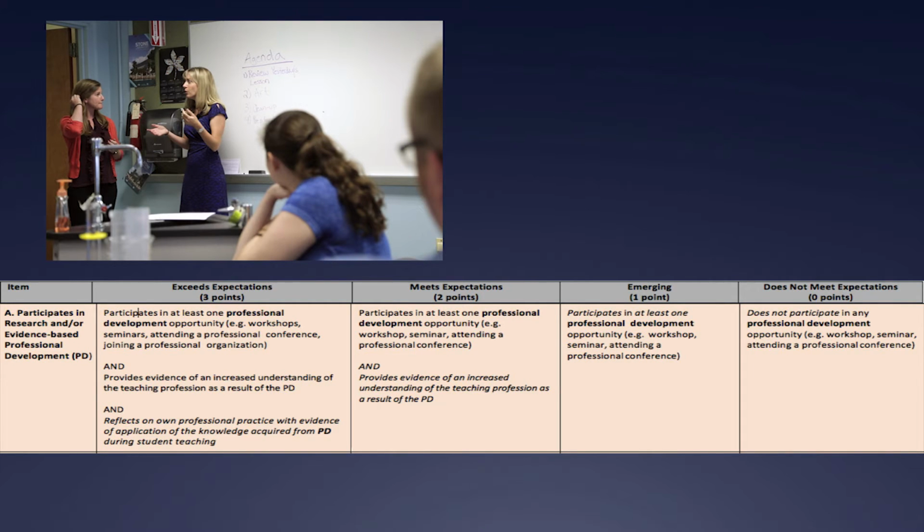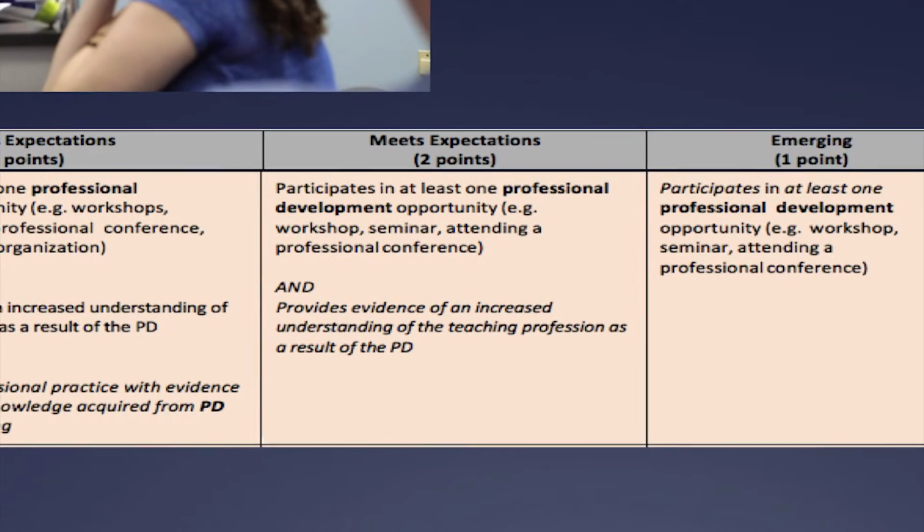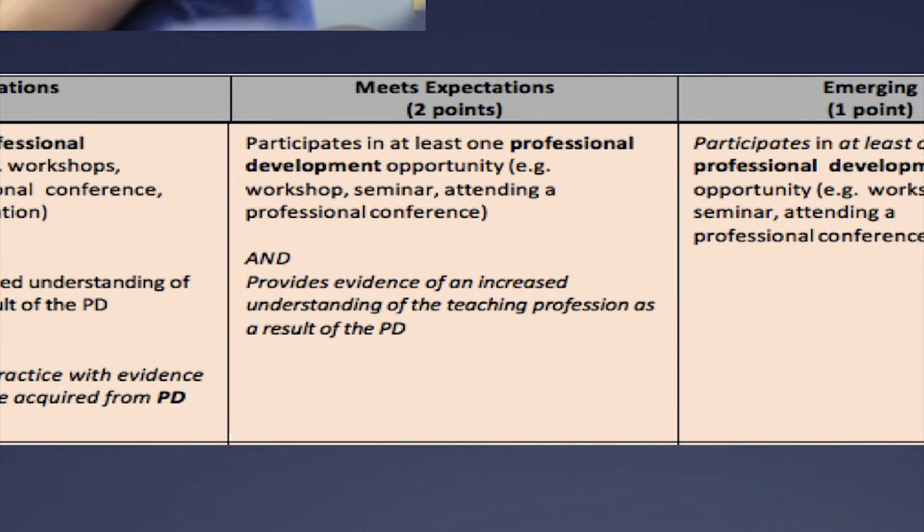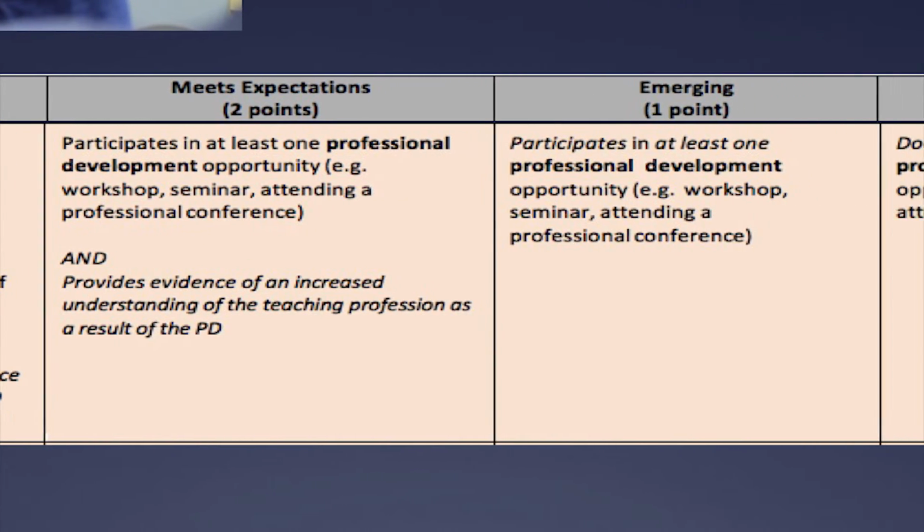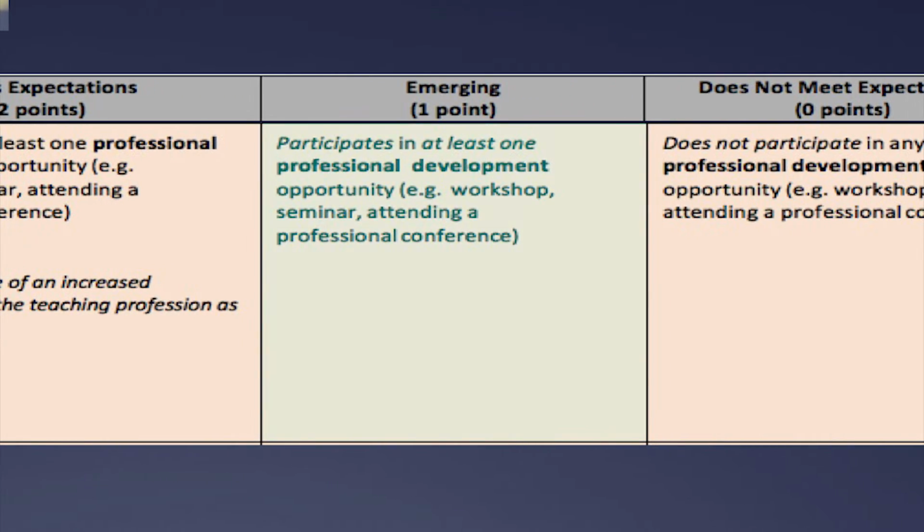Let's examine some of the evidence displayed in the video pertaining to Ms. Flick's dispositions. Ms. Flick comments in this video that she has recently attended a professional development, so there's potential evidence for the professional development row. However, in this observation, Ms. Flick does not demonstrate or provide evidence of an increased understanding of the teaching profession as a result of that professional development. Remember, this video is only a snapshot of the mock student teacher's performance, and ratings should be based on a consistent pattern of evidence. Had Ms. Flick been scored solely on her behavior in this video, however, she would receive a 1.